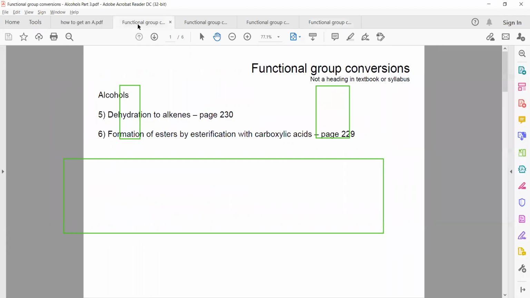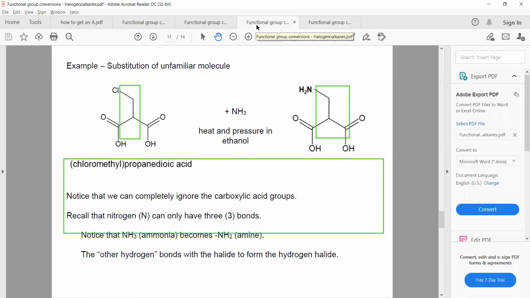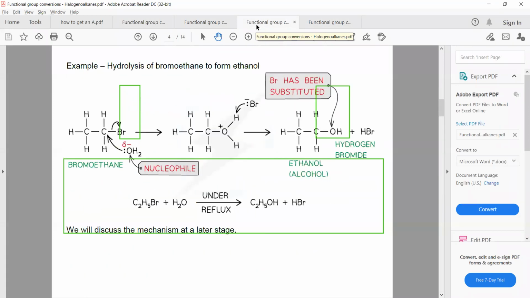So if you go to alcohols part 2, that's not alcohols part 2. That's not alcohols part 2. Sorry, I'm going to get alcohols part 2, then I'll show you. Let's get